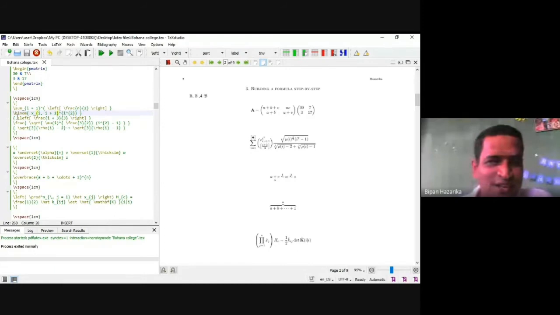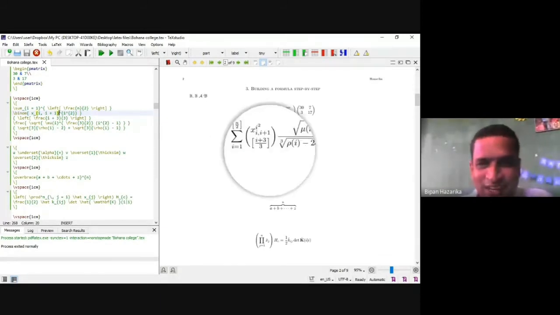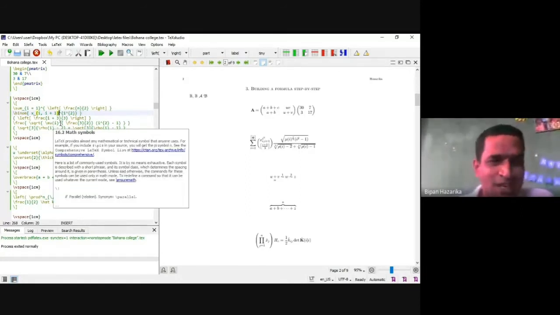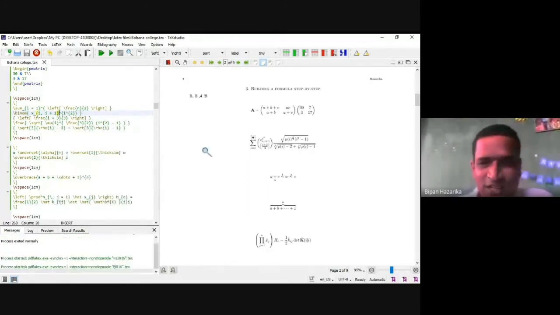Then the other part is a fraction, with mu i written here, or we can write only i, no problem.